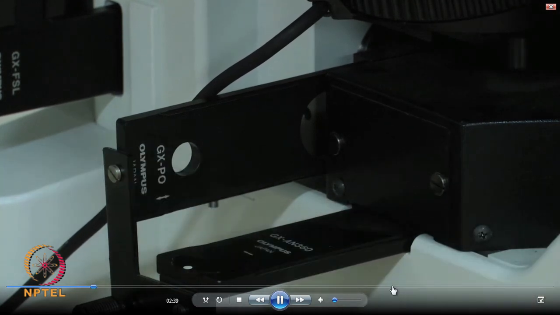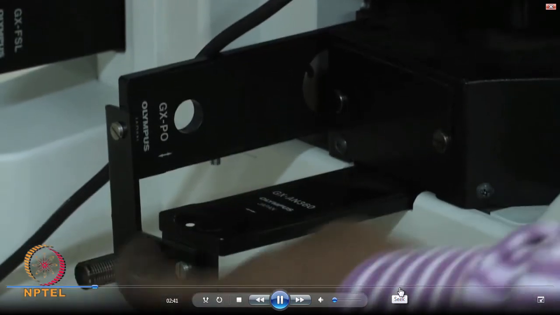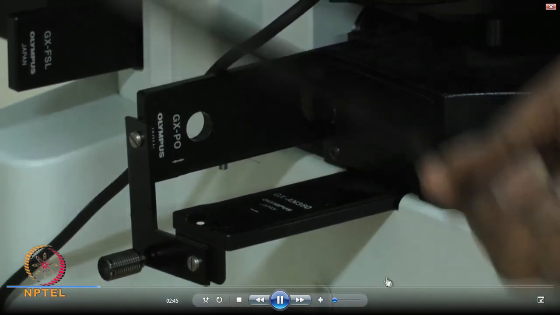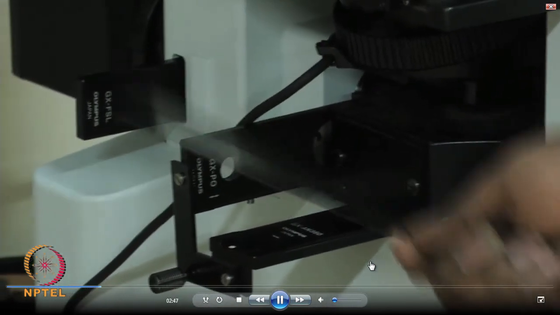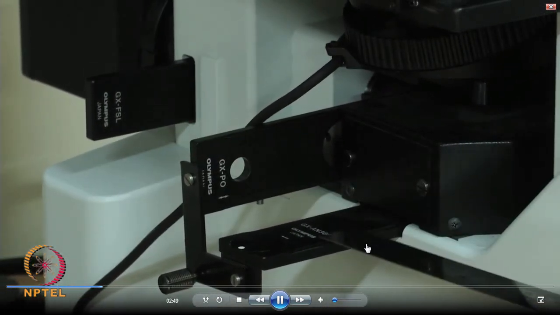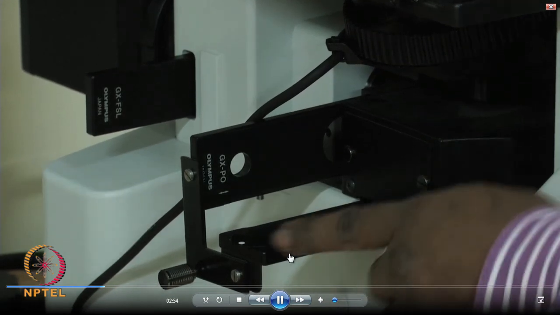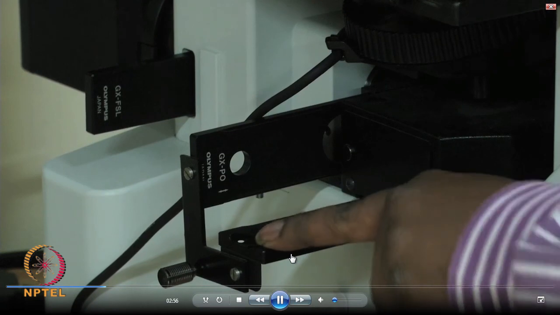The polarizer and analyzer are kept in two perpendicular directions, and now we will see how this is going to change the contrast of the microstructure.